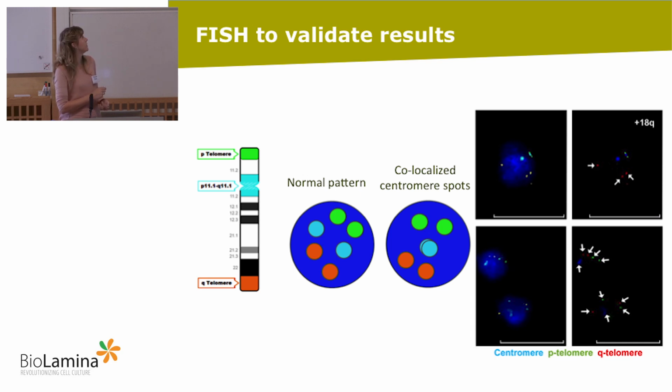So here you have the overview of the results, the two different passages. Here we obviously counted many more cells than with the aCGH, because this is cheap and you can screen a lot of cells with it. That is the advantage of FISH. We did amniocytes and fibroblasts as well. And here you do see that the embryonic stem cells have, more or less, double the amount of abnormal cells concerning the subtelomeric regions.